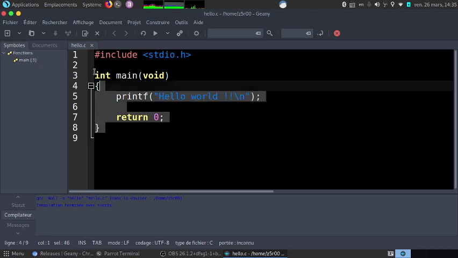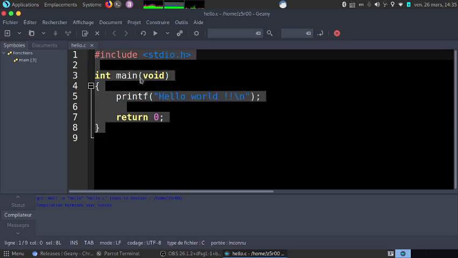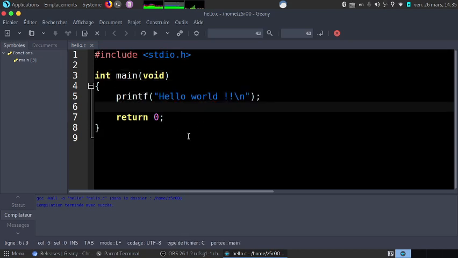So the debugger will help you to fix the error and to execute your code step by step. So this is a debugger. So let's go, and this is our first program,